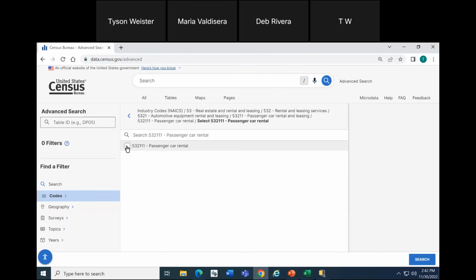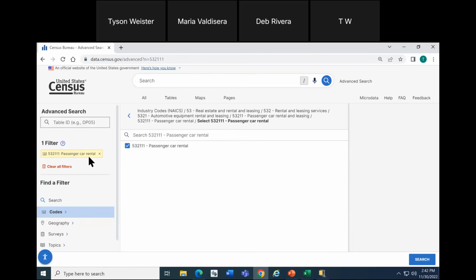You'll want to make sure not only that you checked the folder, but also the individual checkbox in order to make that final selection. Once you mark it, you'll see in the upper left, it's a filter just like the others.